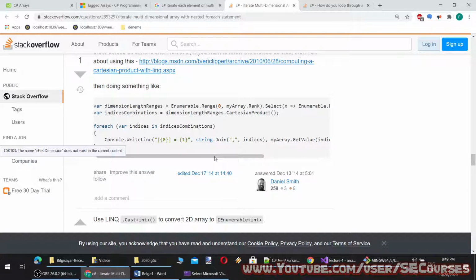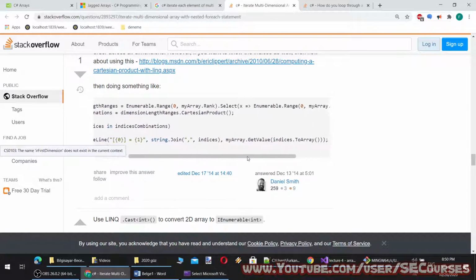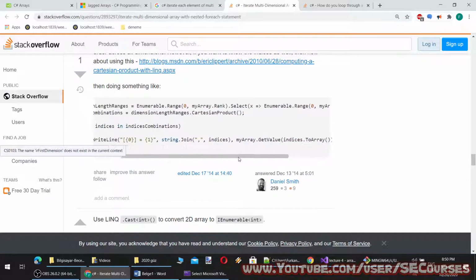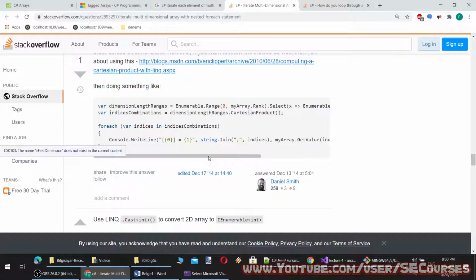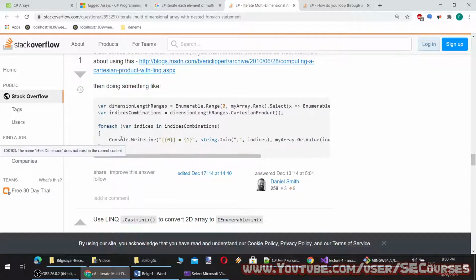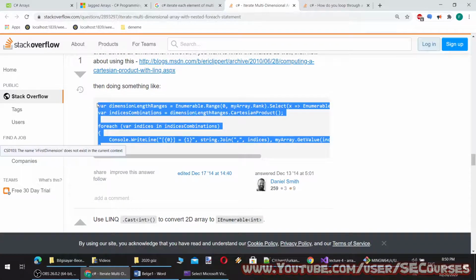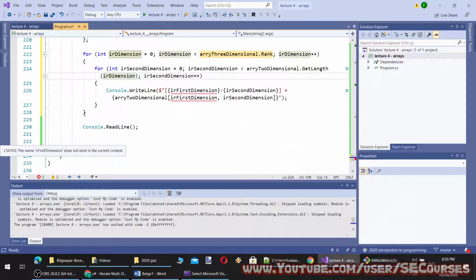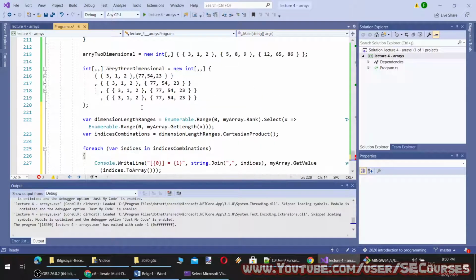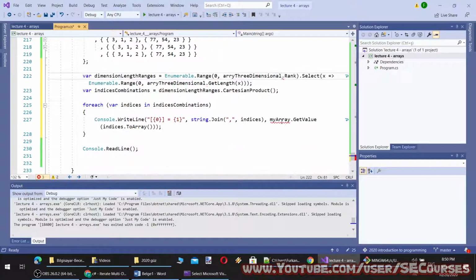Dimension length ranges and Cartesian product. Okay, yeah, this looks like a great solution. This is pretty complex to understand at the moment. However, you will understand it in the future.